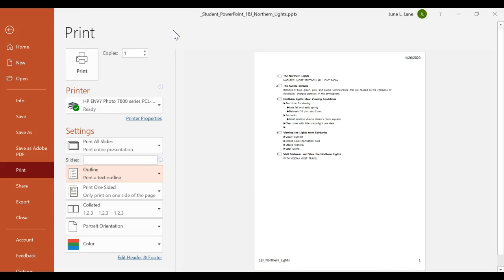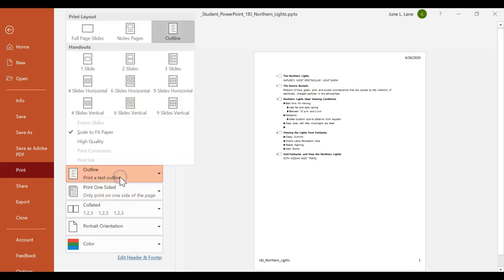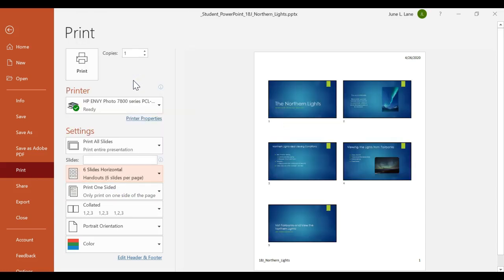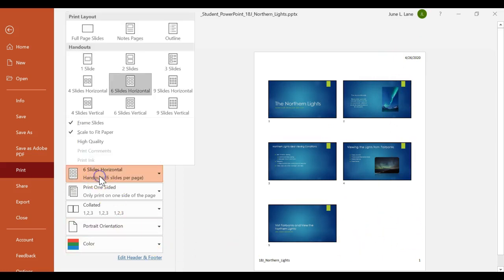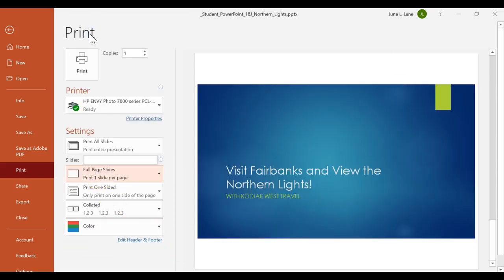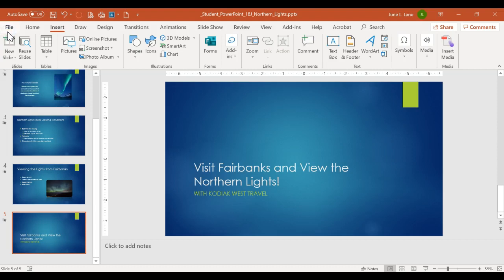There is the outline view. This is a common one, putting 6 slides on a page. And again, notice the headers and footers appear on Notes and Handouts. But if I go to my full page slide, I'm not going to see them here. Okay, so I'm going to go back, and